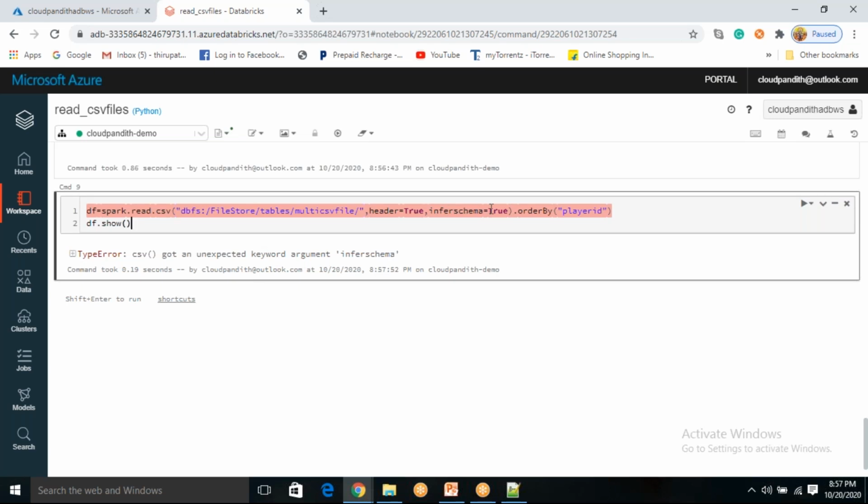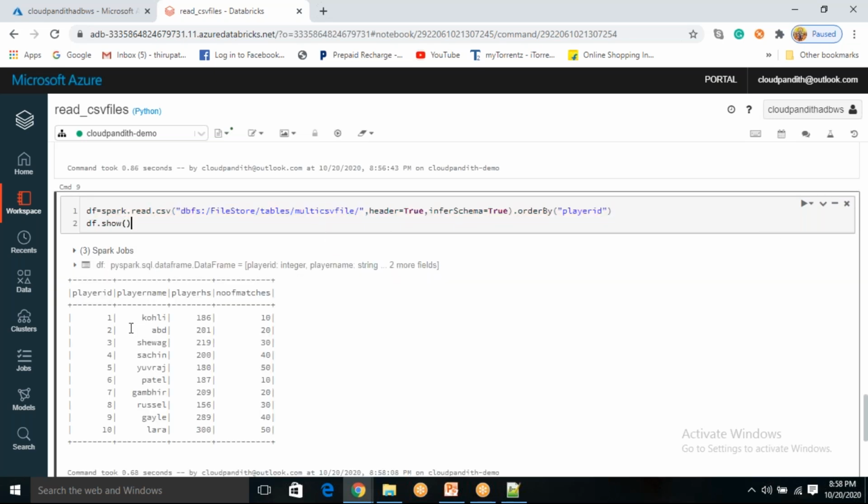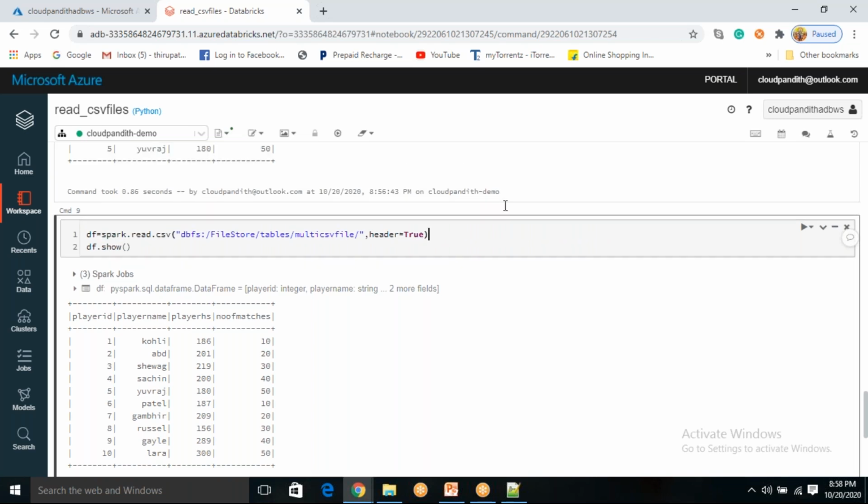Infer schema equal to true. One second. Infer schema with capitals. Okay, this is case sensitive in Python. See now, player IDs are proper now. These kinds of transformations, everything we will do in upcoming sessions, not now.